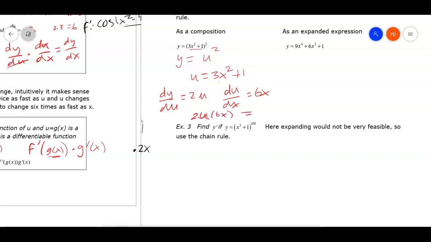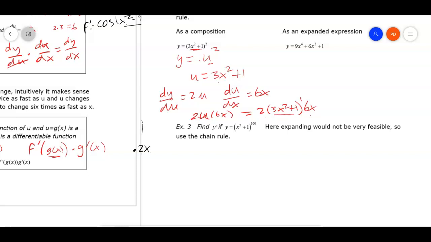Well, change that u to 3x squared plus 1 times 6x. The derivative of the outer function was something squared. You bring the 2 down, you subtract 1 from the exponent, but notice the inside stays the same. It's still u. It's still 3x squared plus 1. 2 times 3x squared plus 1 to the first, that's your power rule, times the derivative of the inside is